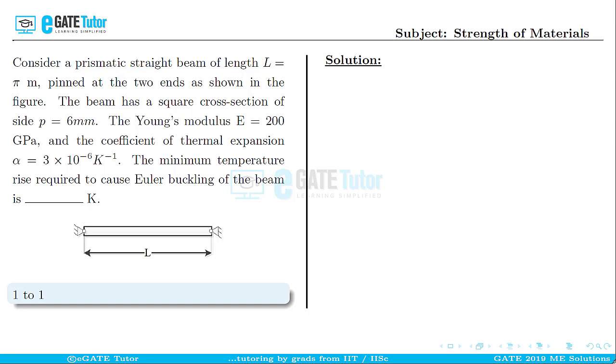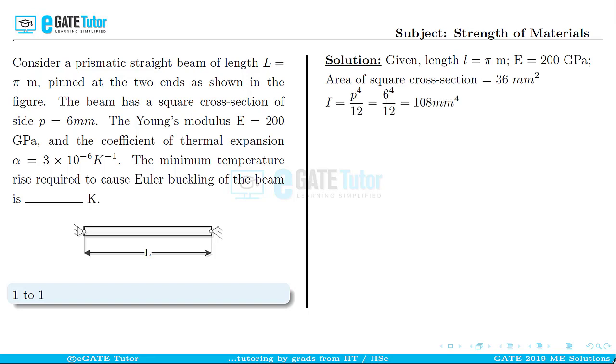We are given the length of the beam as L equal to pi meters and Young's modulus as E equal to 200 gigapascals. We are given the side of the square cross section as P equal to 6 mm. So from that we get the area of the square cross section as 36 mm square. Now let us calculate the moment of inertia for a square cross section, which is P power 4 by 12. Substituting P equal to 6 mm and simplifying will give us I equal to 108 mm power